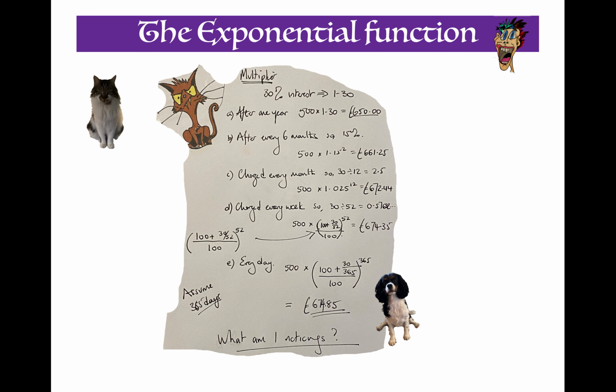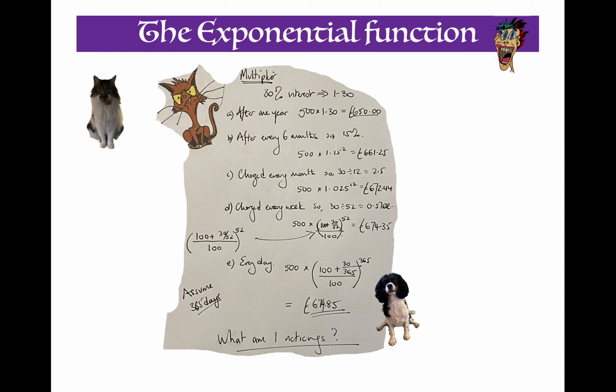Here are the answers. Our multiplier is 30% interest, so it's 1.3. That's how it starts off per year. After 1 year, it's the principal amount, 500, times 1.30 to give us £650. Now, if it's after every 6 months, every half year, then the interest rate is now 15%, but it's done twice after that 1 year. So again, it's the principal amount times 1.15 to the power of 2, which gives us